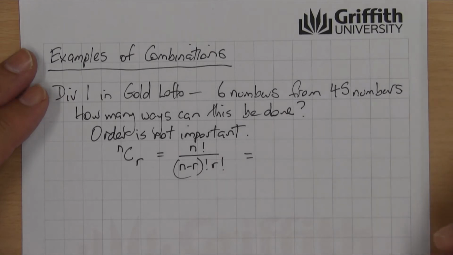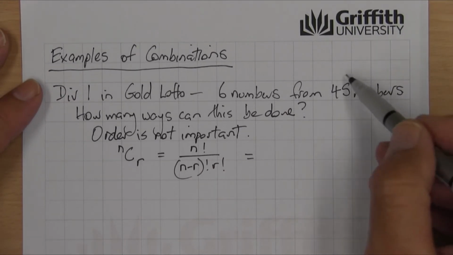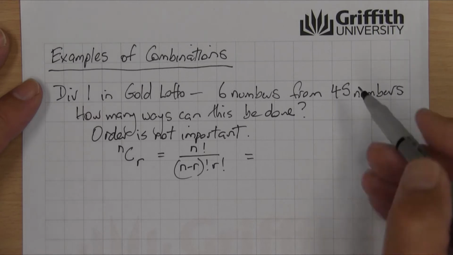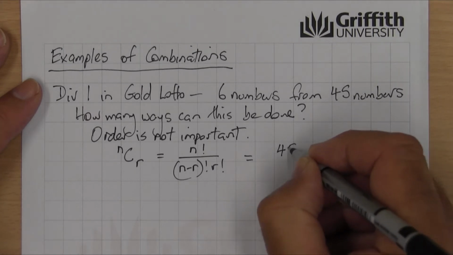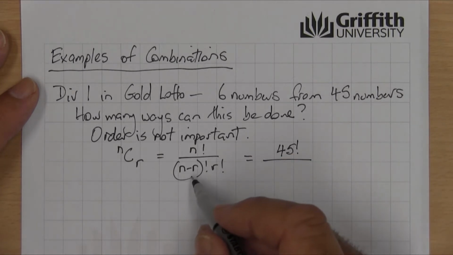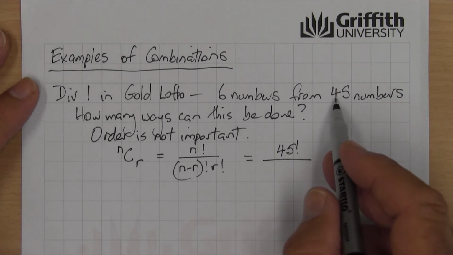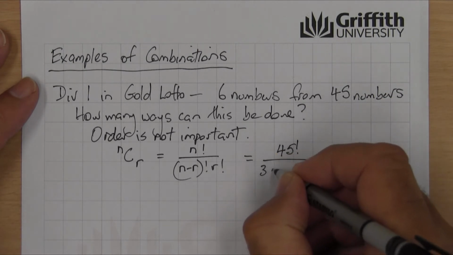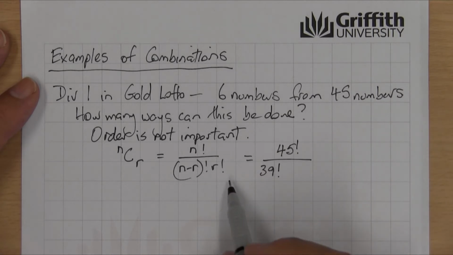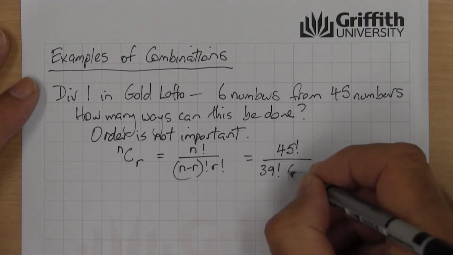N is the total number of objects. In this case there were 45 numbers, so it would be 45 factorial all over n minus r. Now r, we're choosing 6, so 45 minus 6 is 39 factorial, times r, which is 6 numbers, so 6 factorial,